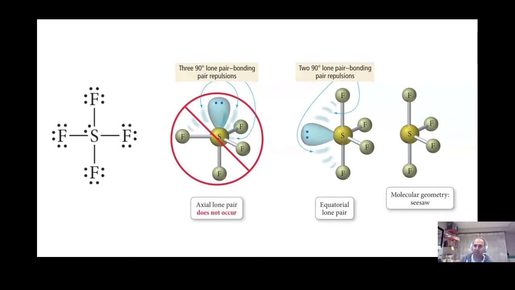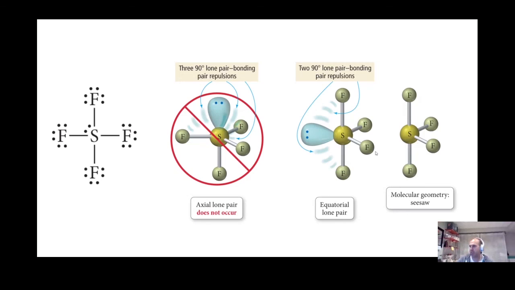That's not the case in something that's trigonal bipyramidal. What happens is the axial lone pair doesn't form, because that has more repulsion. So what we get is replacement of the equatorial positions with lone pairs. So one, and then so on. And the geometry here is called seesaw. I don't have a good picture of it, but if you turn it on its side, it looks a bit